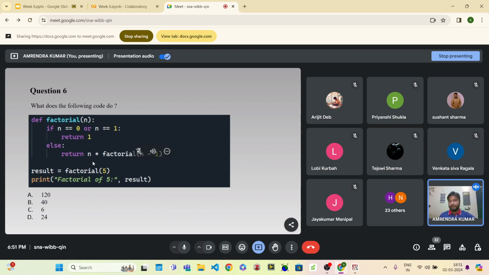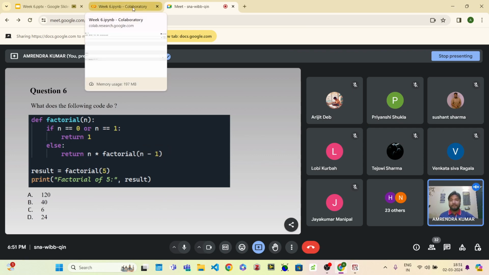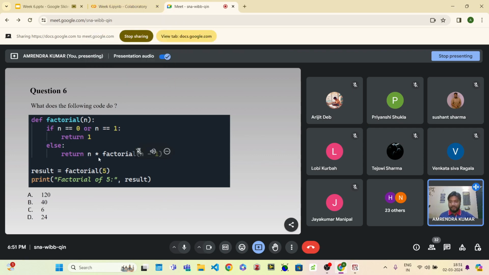So if I have given 5 here, that means 5 will come into factorial 4, and then factorial 4 will go here, and then it will be 5 into factorial 4 into, now n minus 1 means factorial 3, and then it will go again 5 into 4 into 3 into factorial 2, and then 5 into 4 into 3 into 2 into factorial n is equal